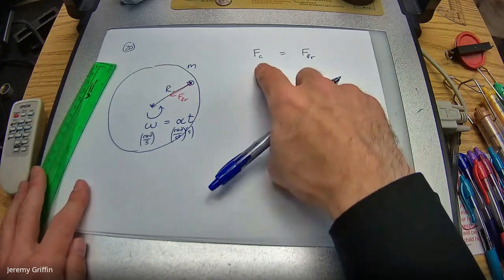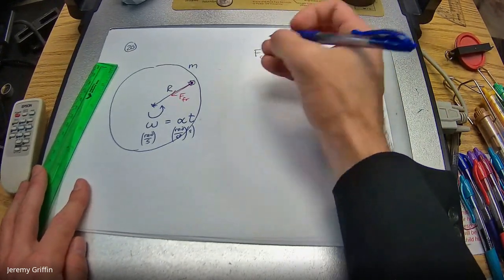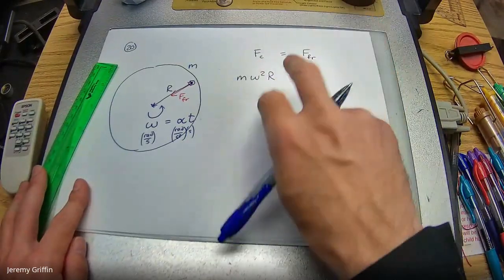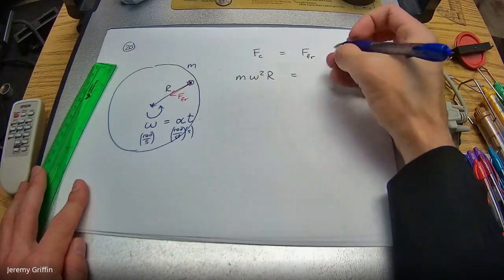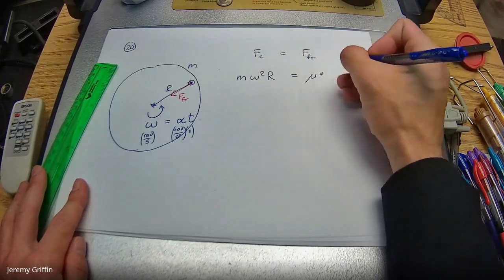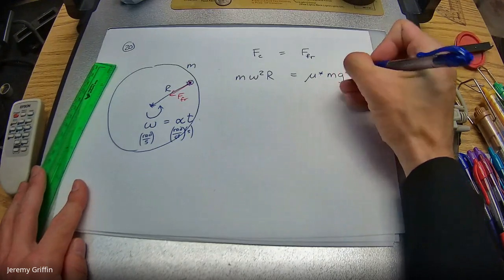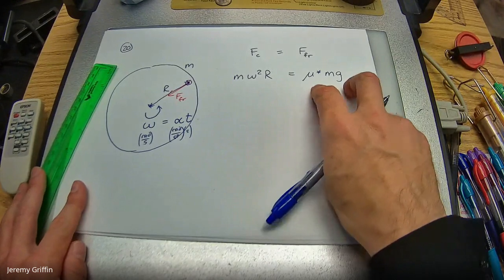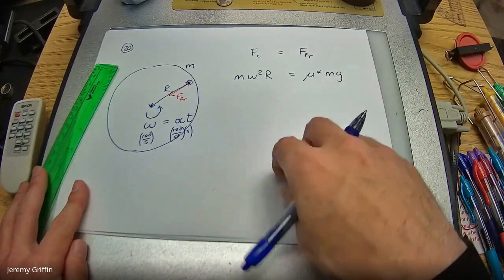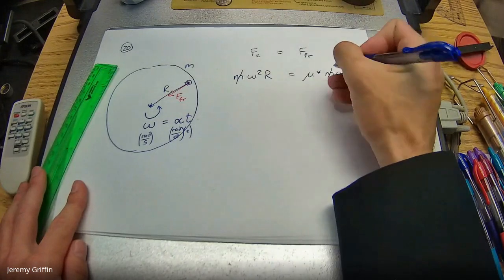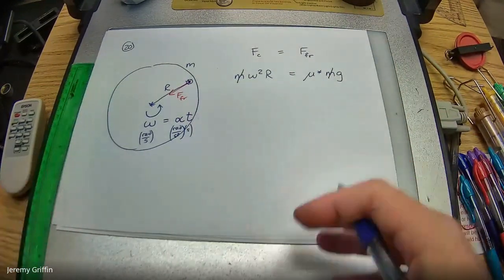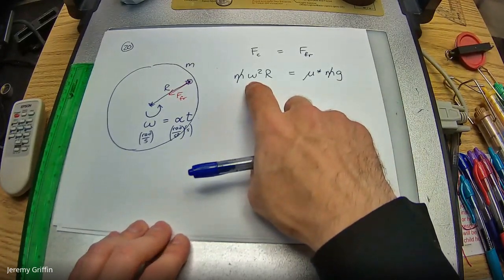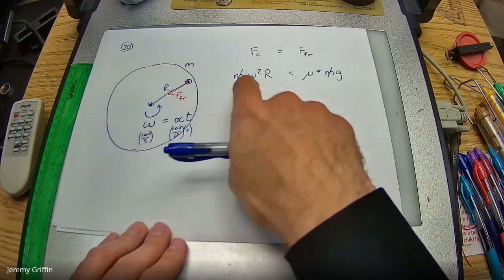Well, centripetal force I know is mv squared over r, but I also know it's m times omega squared times r. Can that be true? And then friction force, isn't that coefficient of friction times normal force? But isn't the normal force just equivalent to the weight? Right, so a couple of substitutions there. Good so far? What's going to cancel? The mass of the coin, which you probably were expecting anyway. We've done enough of these that hopefully you feel like, okay, mass is probably going to cancel out. It does.